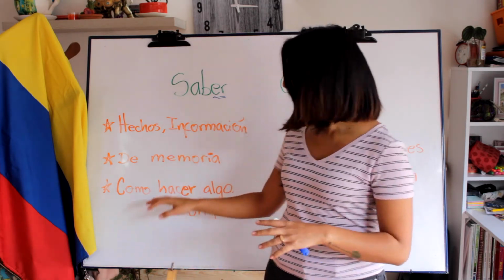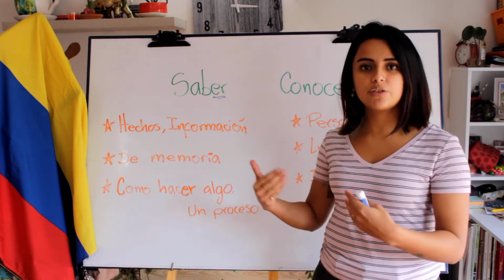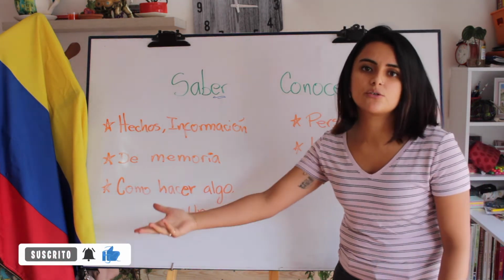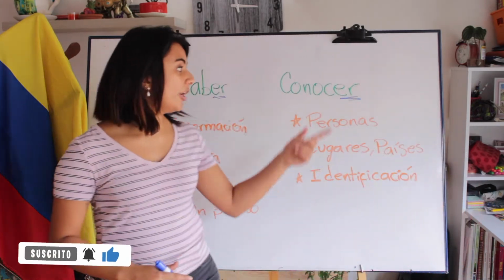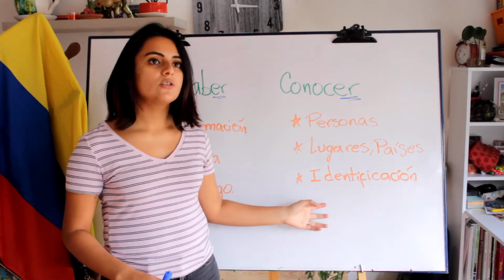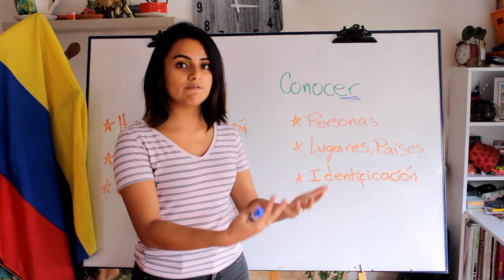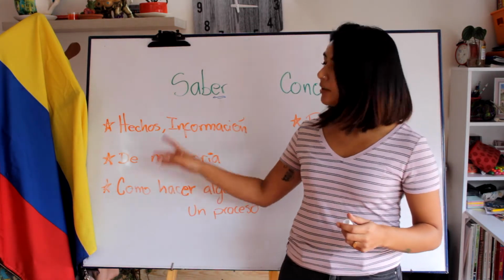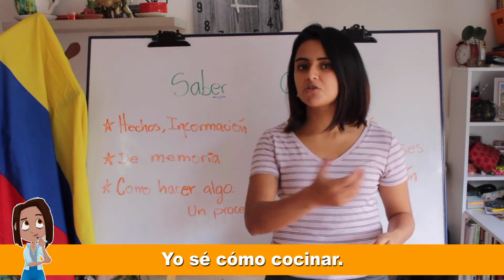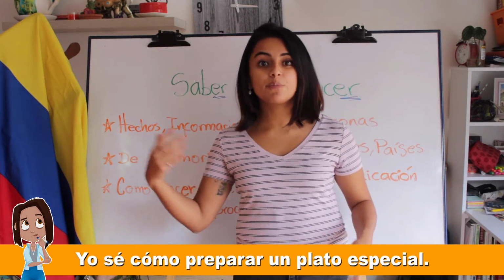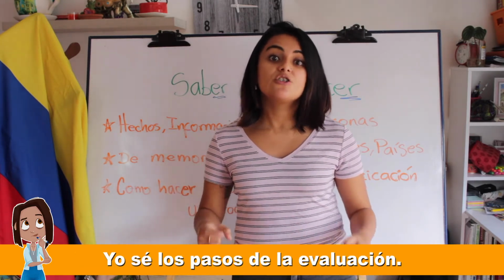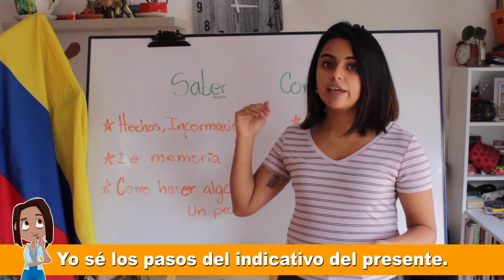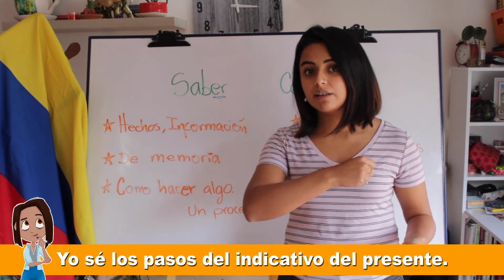And finally, cómo hacer algo, how to do things, the steps to do something. Or, well, just the process to do something. Basically, it's the same. Or if we're talking about conocer, identificación, something that we identify, right? So, to give you an example, yo sé cómo cocinar, yo sé cómo preparar un plato especial, yo sé los pasos de la evaluación, yo sé los pasos del indicativo del presente en español,